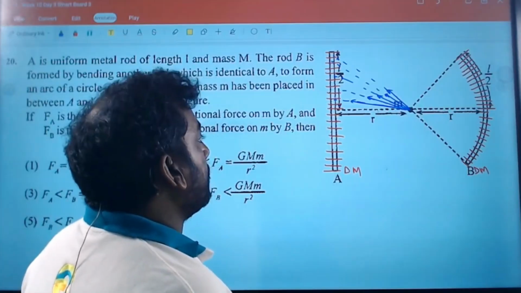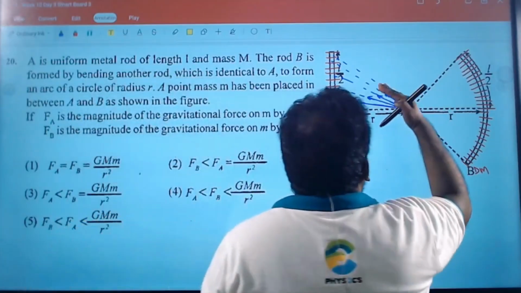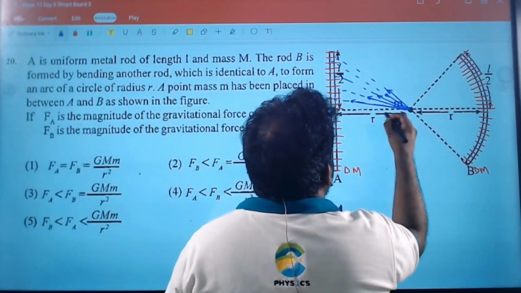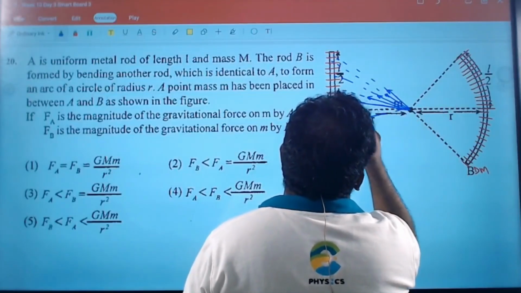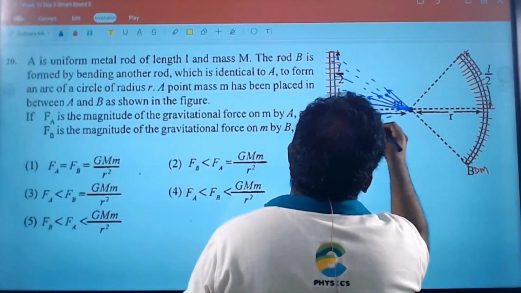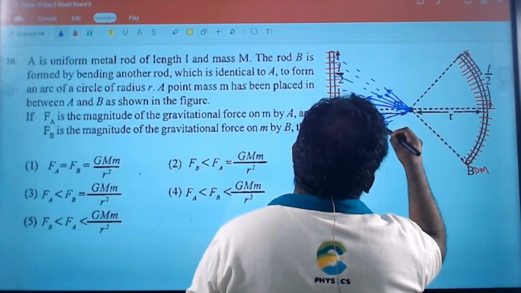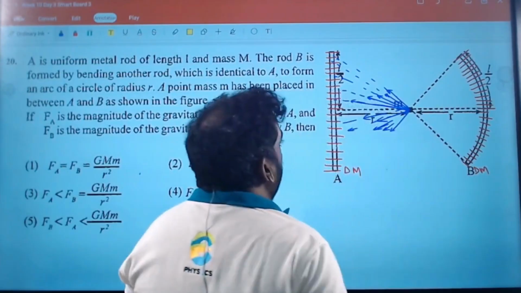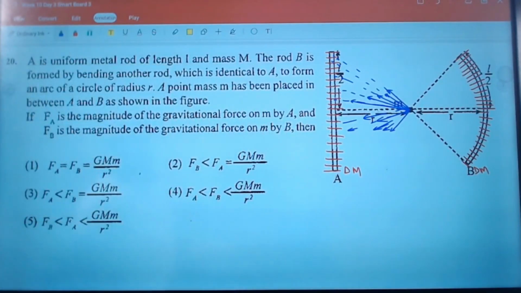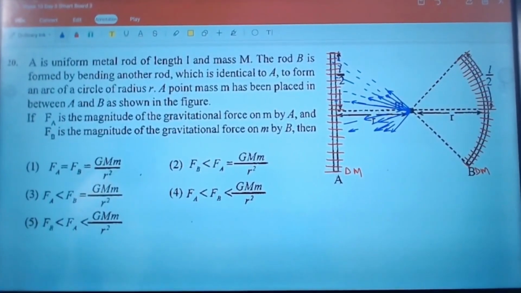Look at this carefully. Cos components remain, sin components cancel off. If you look at this carefully,